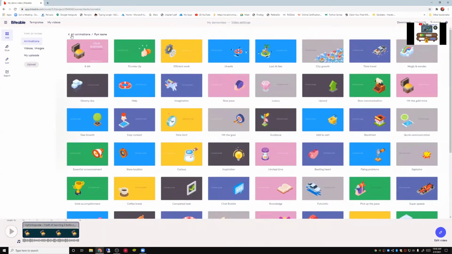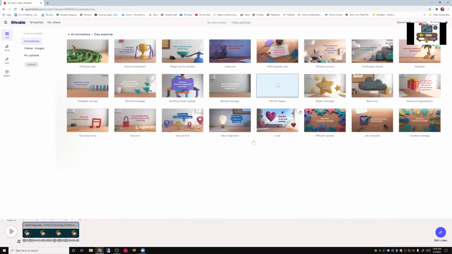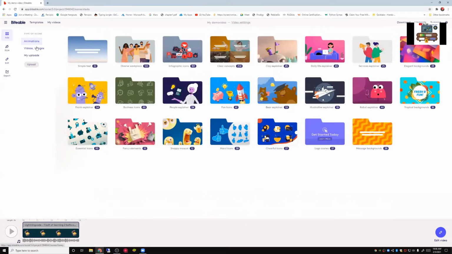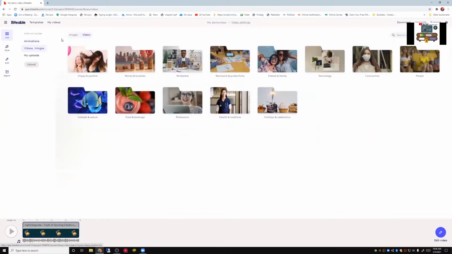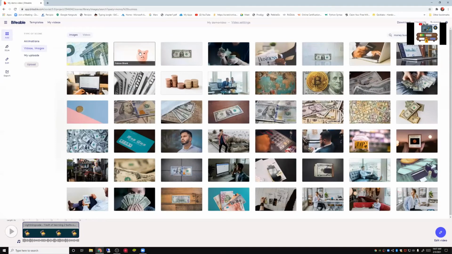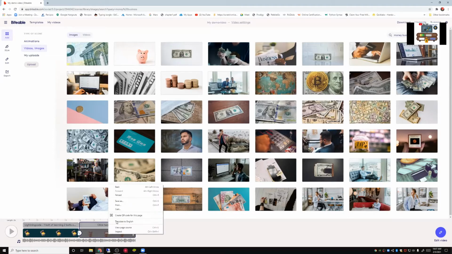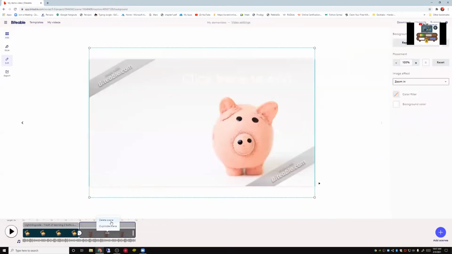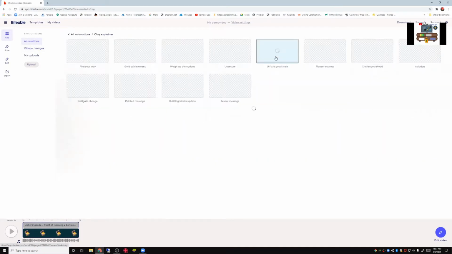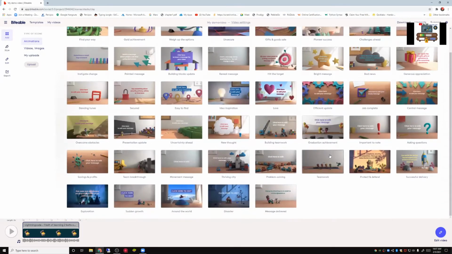dark green work. And let's go to the clay explainer. This is my favorite place to use. We also have videos and images, and yeah, so here are videos, here are images, so we can even go to things like this. And these are very realistic ones. Okay, I'm just going to delete this scene though. And I'm going to go back to animations in Clay Explainer. So I'm pretty sure this is all stop motion. And